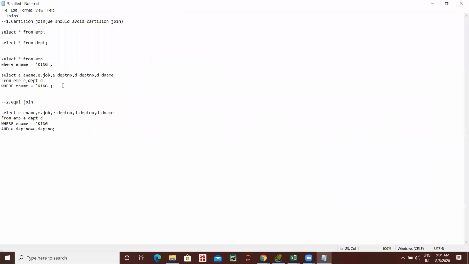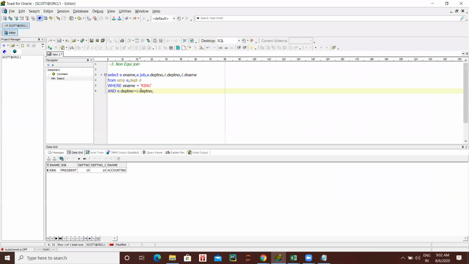Copy and paste the last query. Here you have written department number equal to department number, but now you write department number not equal to. How to write not equal to? Just give an exclamation mark before equal to, Shift 1. So this is your not equal to. Now run it.